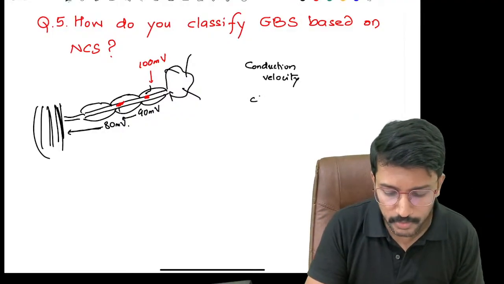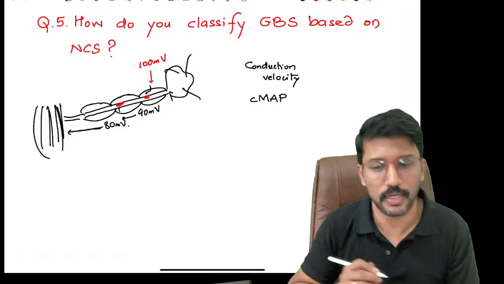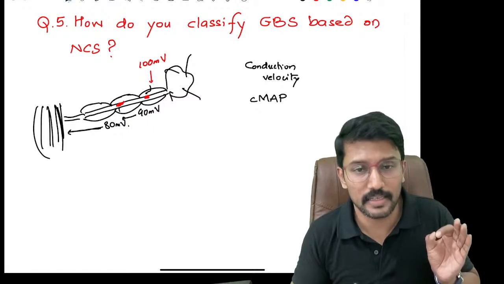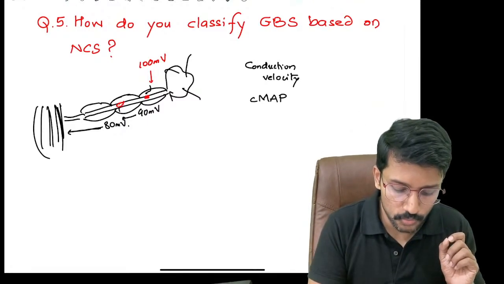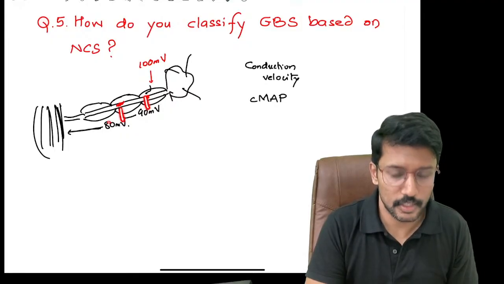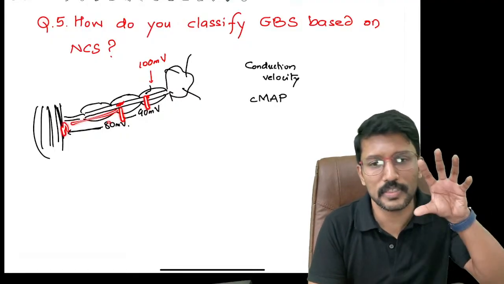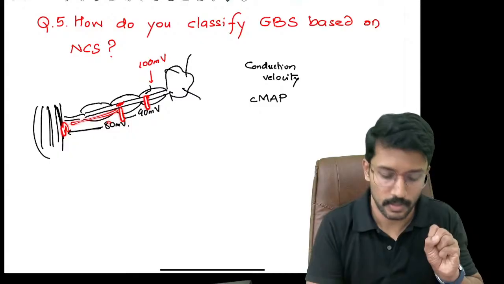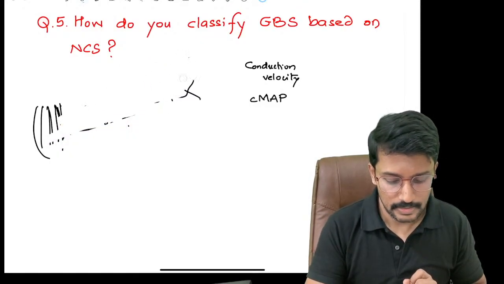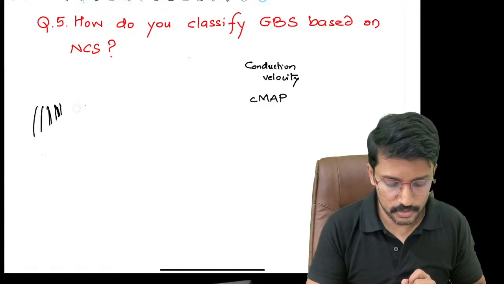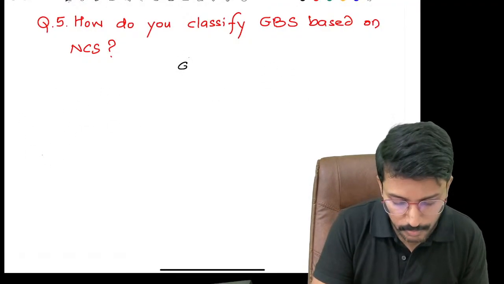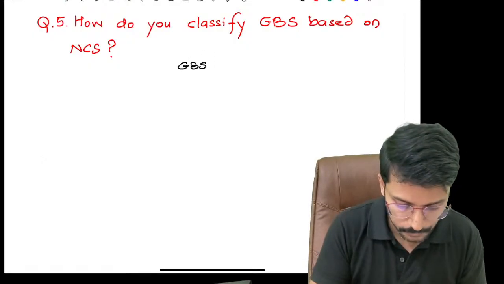So the second parameter that we look at is the compound muscle action potential, called CMAP. CMAP will be decreased whenever there is injury to the axons, because voltage keeps dropping at the site of injury. So we will give less voltage to the muscle. So muscle will generate lesser action potential. So these two parameters will help us to differentiate whether an individual has demyelinating injury or whether he has got an axonal injury. And based on the findings of nerve conduction study, GB syndrome is classified into